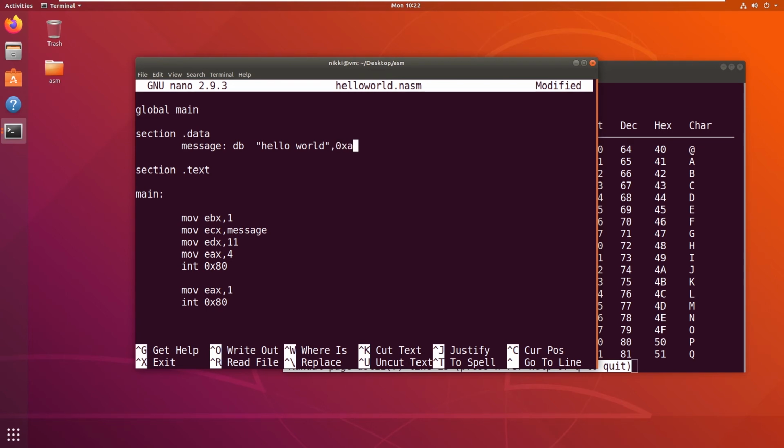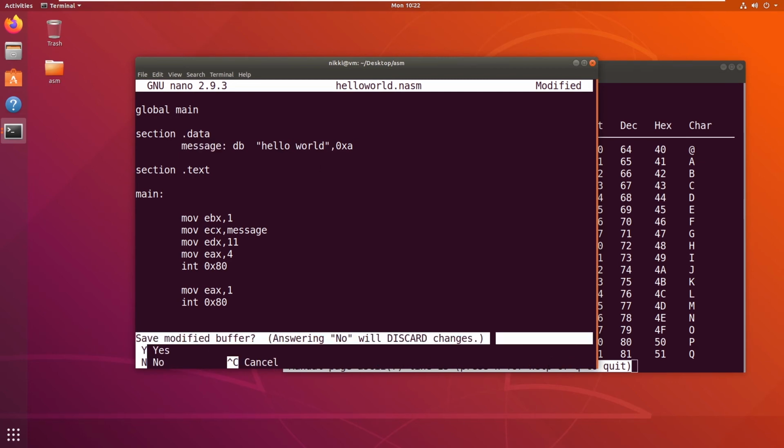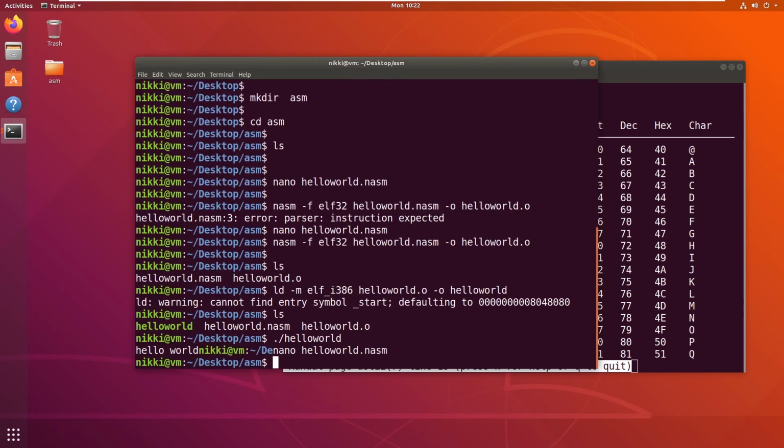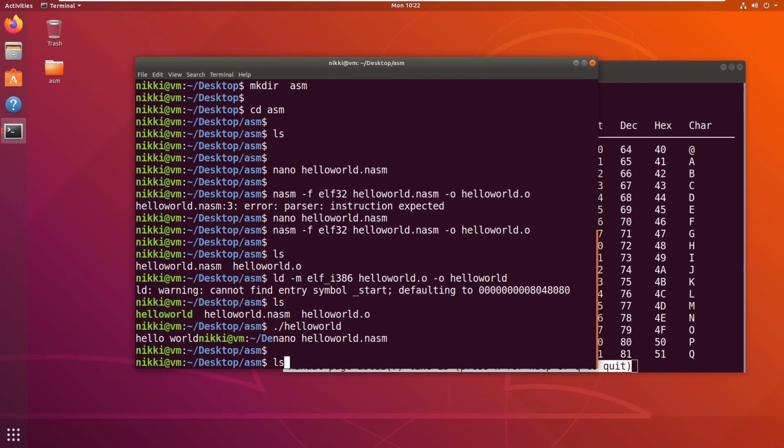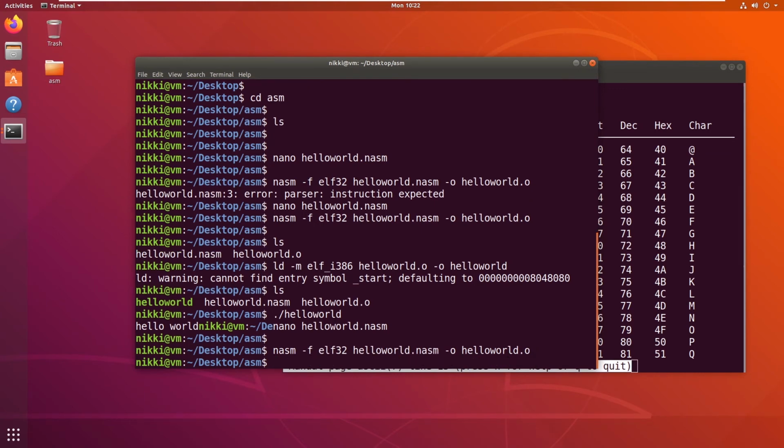Now the full message contains hello world and the new line. Now let me save this. Now if we compile again, now we need to assemble it and again we have to use the linker. It's the two-step process.